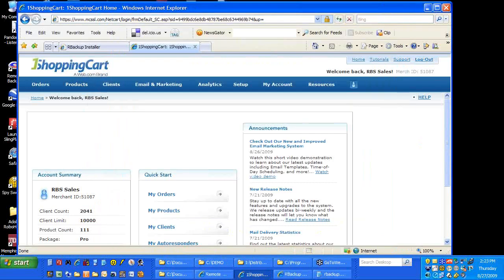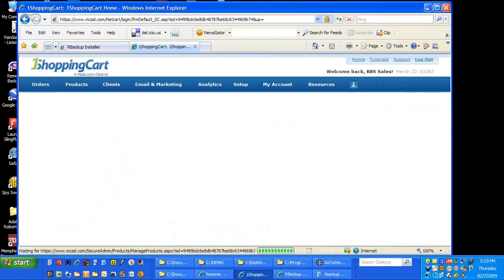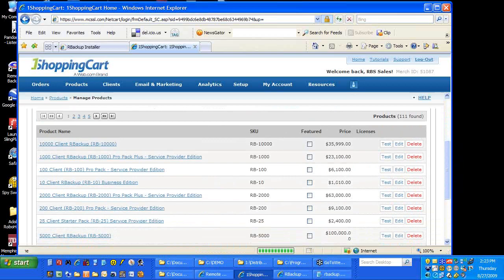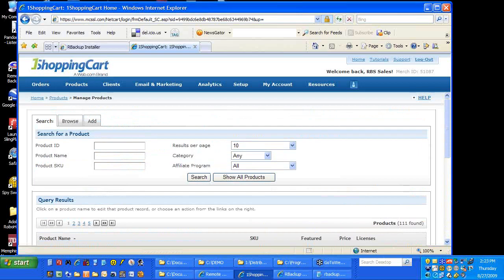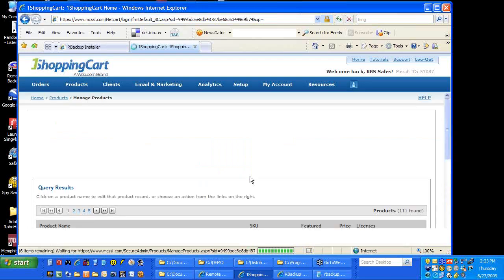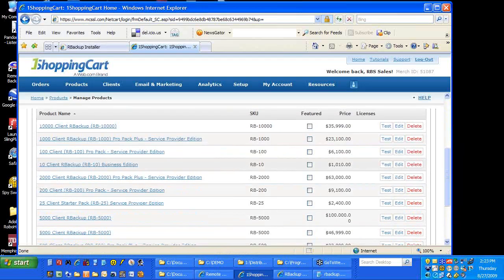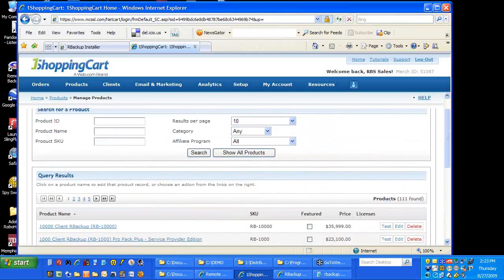The way this works is you get an account with One Shopping Cart, and then you set up these products. A product is like this, and let me go find a Backup Max product category. Okay, here we go. So we set up products that cost money at your website, maybe $89, maybe, here, let